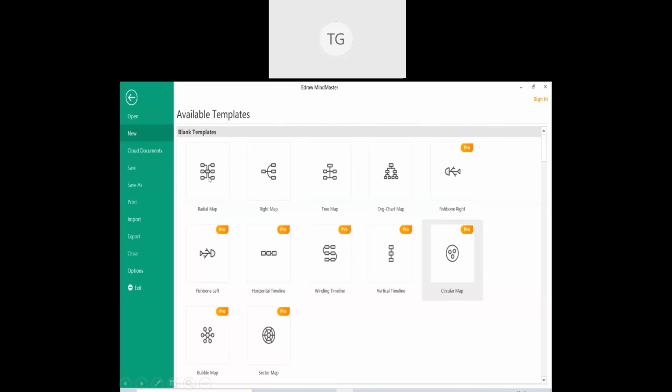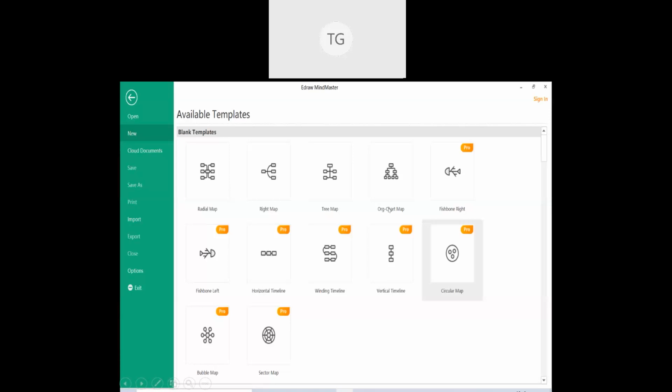When I say a template of a mind map, I mean a structure of a mind map. If I choose any one template and I start drawing, the mind map will start evolving in the same structure. The most commonly used structure is the radial map. So you have a central idea, and from that, different branches and subtopics are arising. Then there is also a right map where the mind map is evolving in only the right direction. There is a tree map which has a complete top to down hierarchy. The mind map is evolving from the root node to the child node.